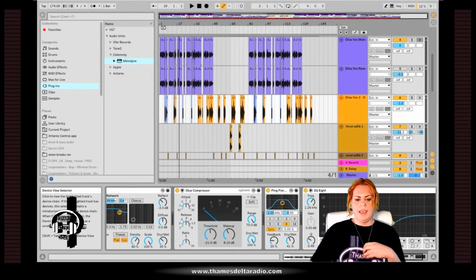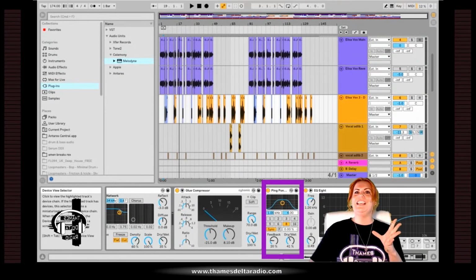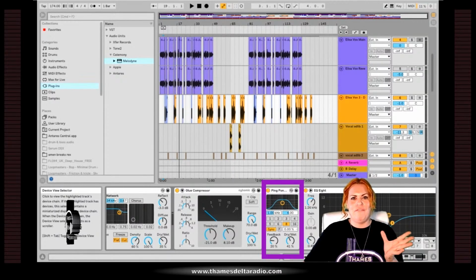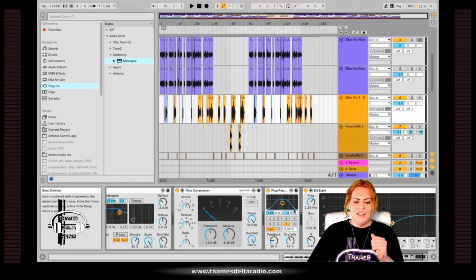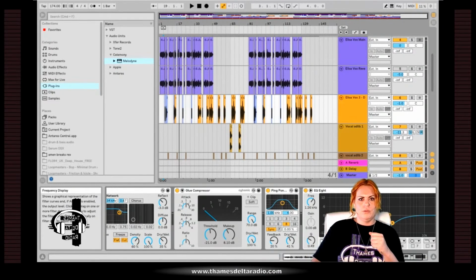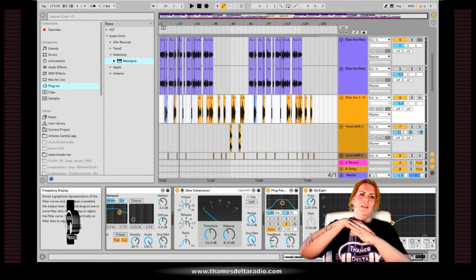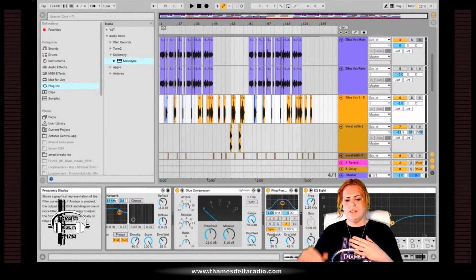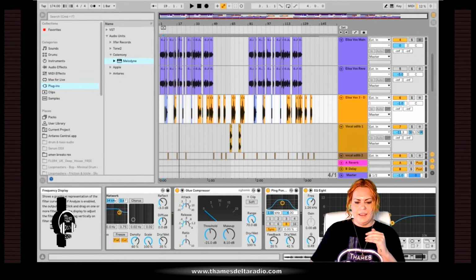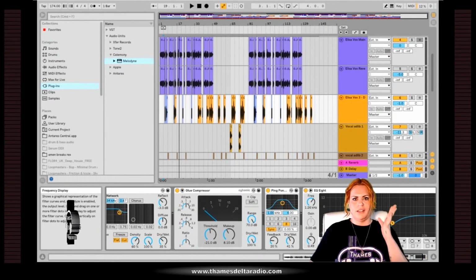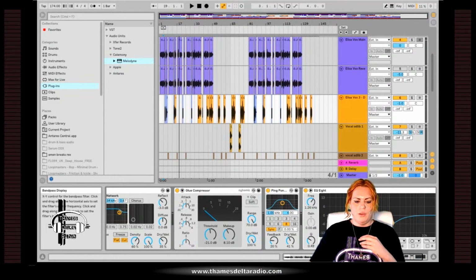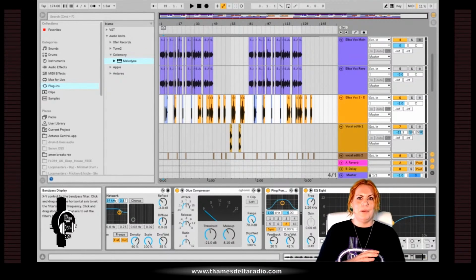Now this is where I love the ping pong delay. Any of my tracks, it's just my favorite tool in Ableton. So I want to show you a bit about automation. Again, I've high passed this vocal to give that sort of flat sound, took out all the bass, all the low end out of the vocal right here. So this is a low pass filter on the EQ8, and we can just adjust that to how we want it to sound. So I've also added, going back to the ping pong delay, which I love,